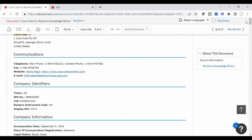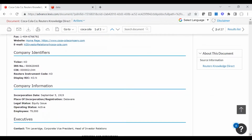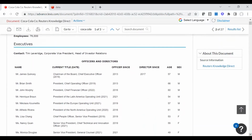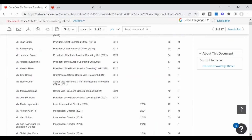Here we're getting its address, and more importantly, its ticker symbol. As we go down, the incorporation date, where it's incorporated. As we all know, most major corporations were incorporated in Delaware because Delaware has such great laws for corporations. They're corporate friendly. What's great is here's a list of all of the officers and directors, their ages,